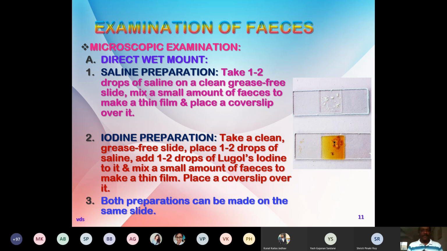The second preparation is similar to the first one, the saline preparation. Just we are going to add 1 to 2 drops of Lugol's iodine. Take a clean grease-free slide, place 1 to 2 drops of saline, add 1 to 2 drops of Lugol's iodine to it, mix a small amount of feces to make a thin film, and place a cover slip over it. Here the only change is you are adding just 1 to 2 drops of Lugol's iodine. And then you can observe this slide under the microscope. Remember,